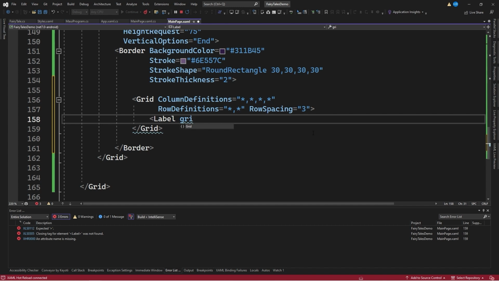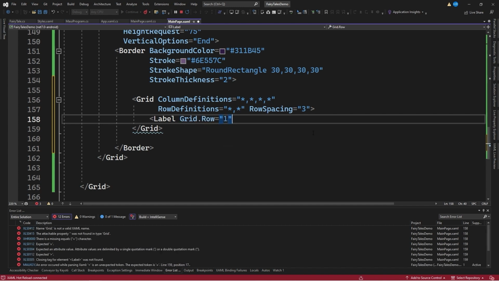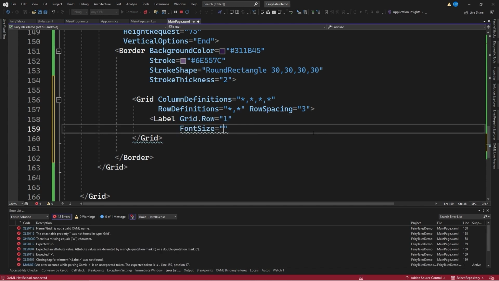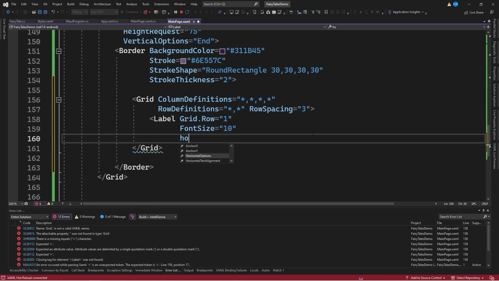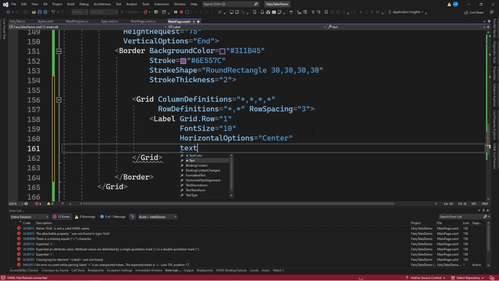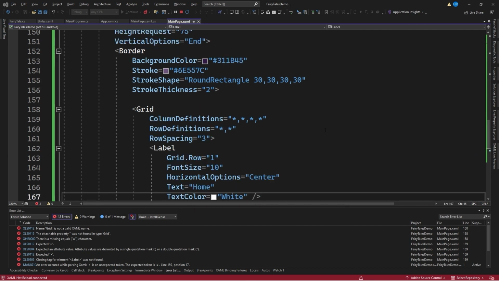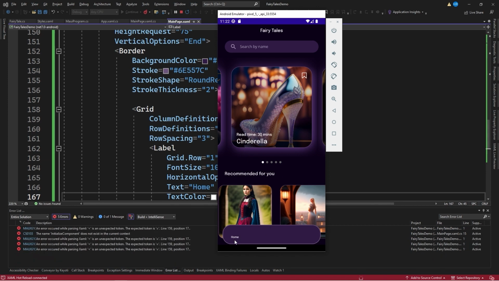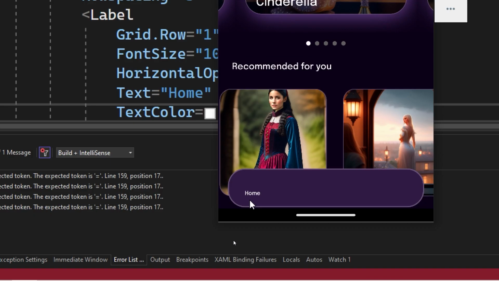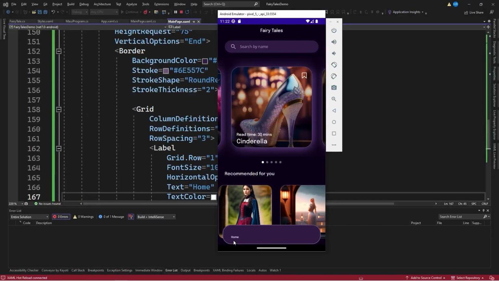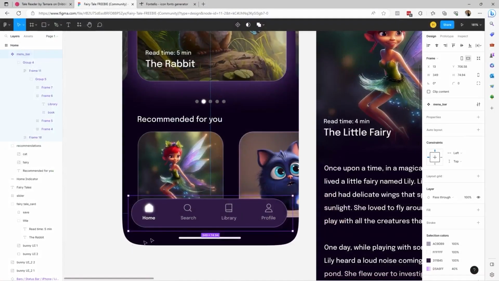The first label will be positioned in row number 1. It will have a font size of 10 units, horizontal options equal to center, with a text that says Home and a text color equal to white. I close this label, save the changes, and you can now see in the emulator this label that refers to the main page, and we have placed it in white since